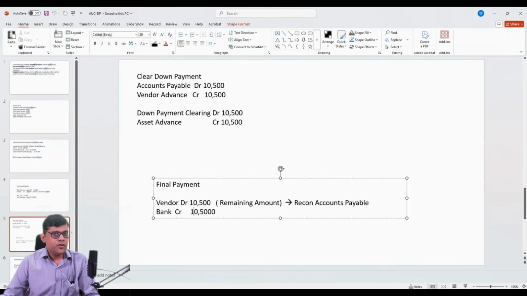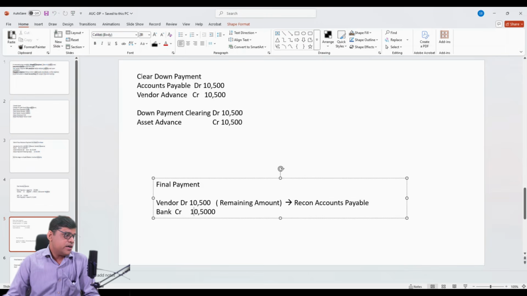Then finally, the vendor to bank payment will be there. With this, the payment and vendor related transactions are completed. But still, the asset is not transferred fully to the main asset, that is our industrial machine. Right now, the asset we have transferred is to the asset under construction. So from asset under construction, at period end, the value needs to be transferred to the main asset,